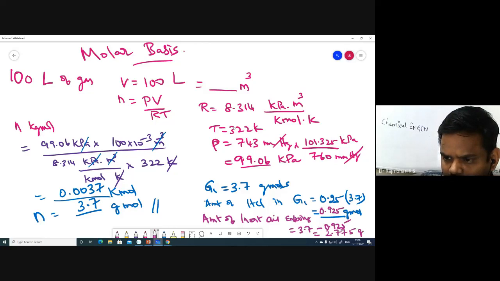2.775 gram moles. So that is the amount of, remember total gas is 3.7, in which 25 percentage is HCl. Therefore 0.75 of 3.7 is 2.775. So that is the amount of air entering the system. Okay,